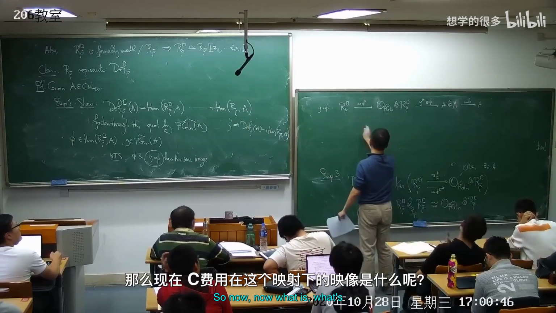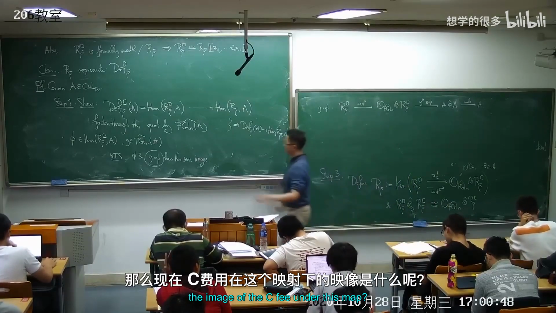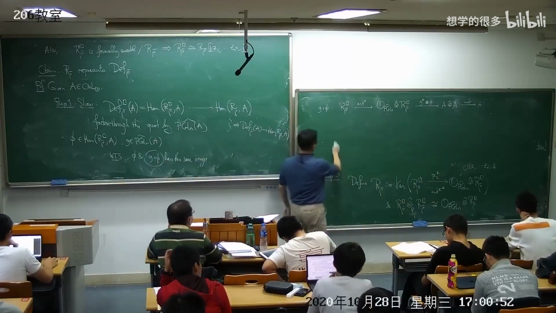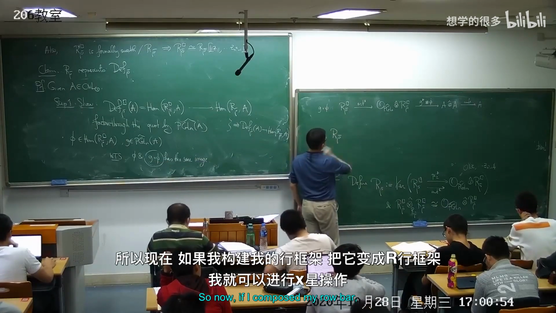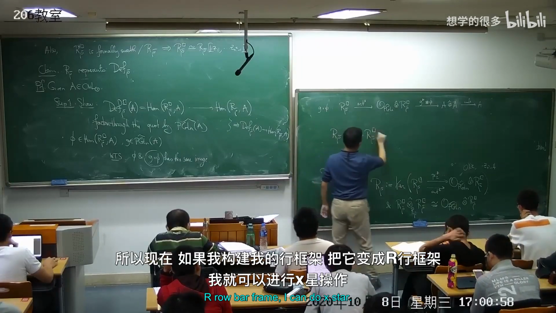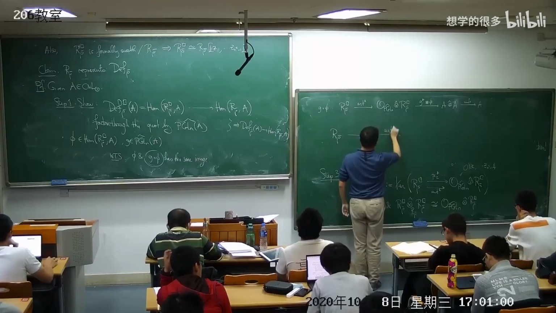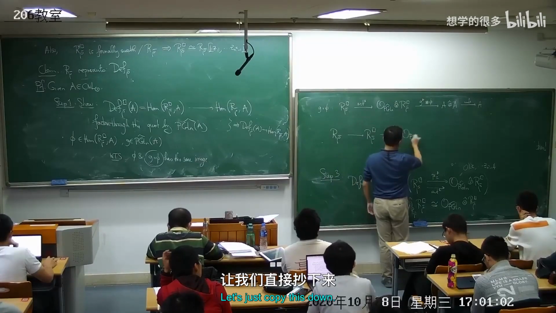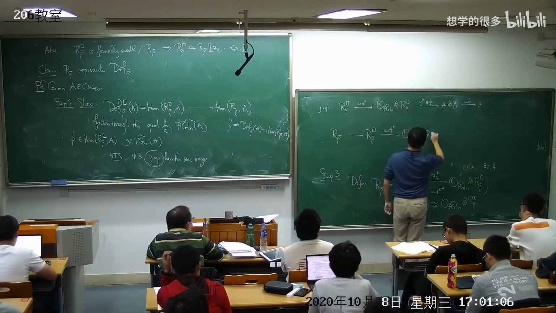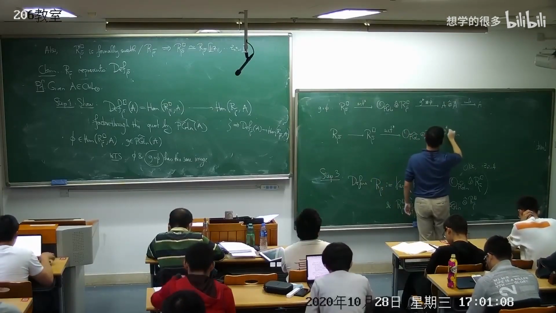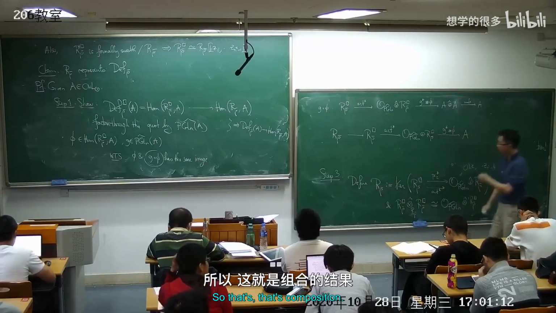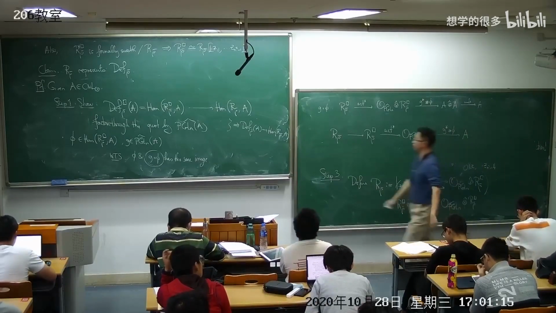So now what is the image of this g phi under this map? Well, I just have to compose this. Right, so now if I compose my rho bar mapping to R rho bar frame, I can do act star. Let's just copy this down, and then maybe multiply together. So let's just do A. Okay, so that composition is the image of